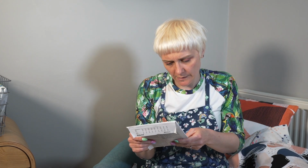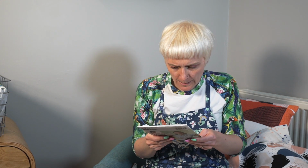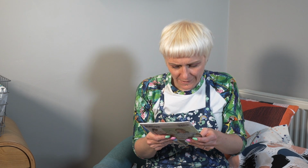I did look on their website, and this is classed as loose fitting, and I think loose fitting is something like 3.5 to 6 inches of ease. So whichever size I think I am, I should probably size down, is the thing that I'm going with. The version that I quite like is the puff sleeve with the rounded collar, which is view C. But I also like the shorter sleeve. Anyway,